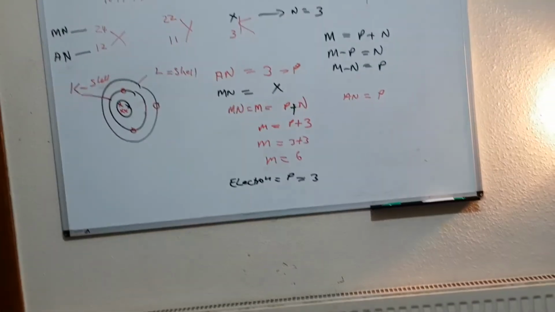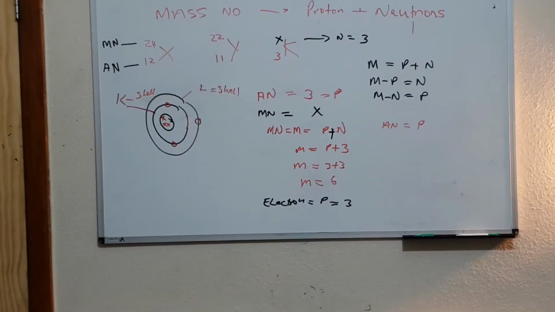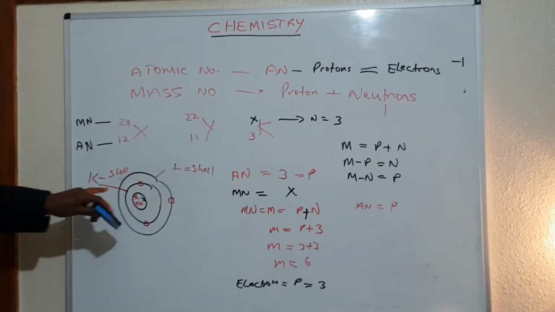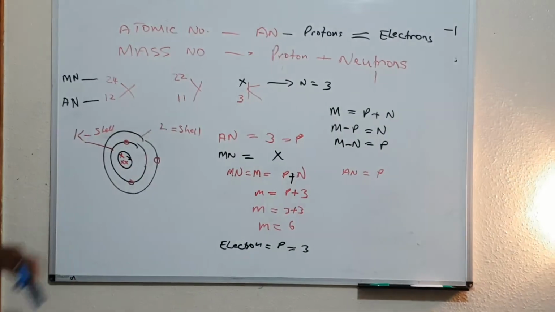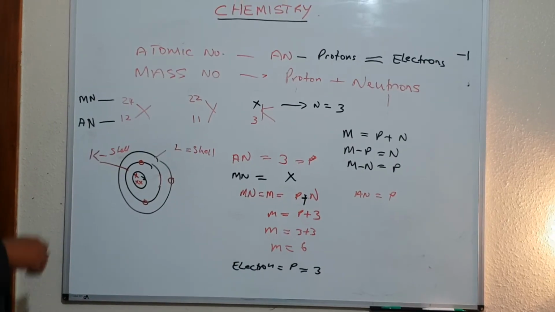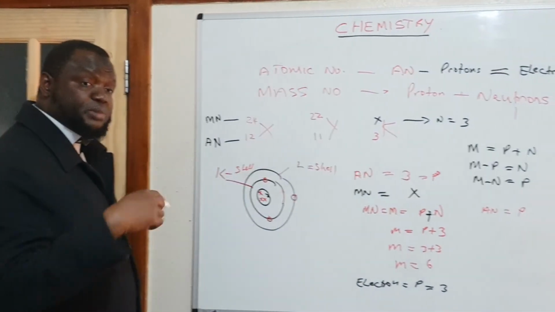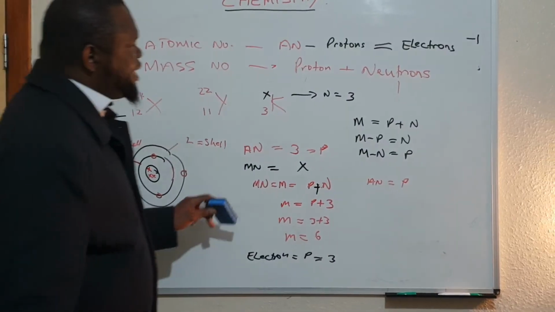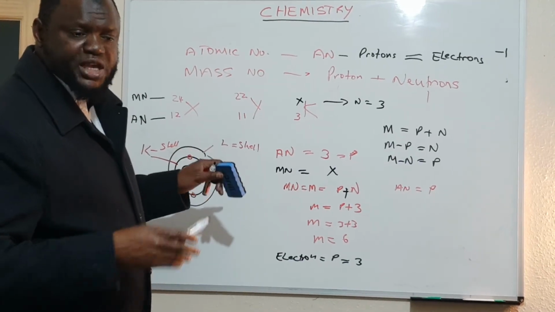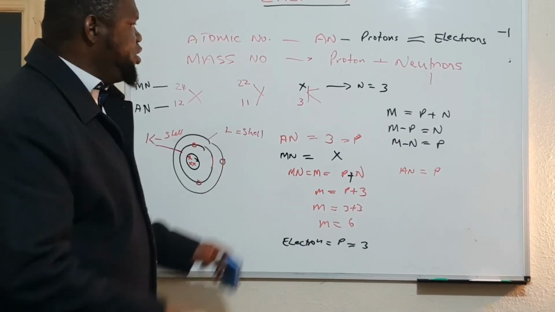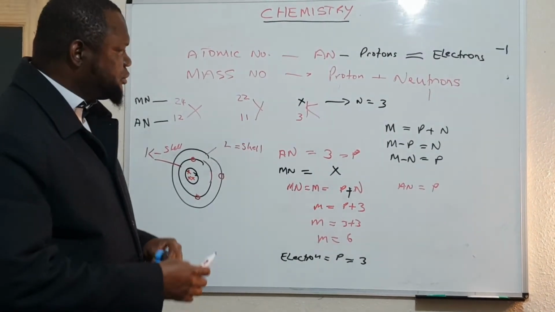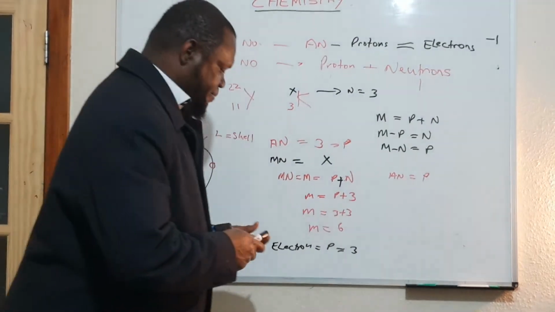Maybe you should have done that when we did the structure of the atom. This is called the K shell, and this is called the L shell. The first shell can take only 2 electrons. The next shell can take a maximum of 8 electrons. But we are coming to all that. That will be our next lesson. But now at least we have done some basic structure of an atom and some mathematics. Normally, they will give you the atomic number, they may not give you the mass number, but they give you the number of neutrons. So that is the structure of an atom.